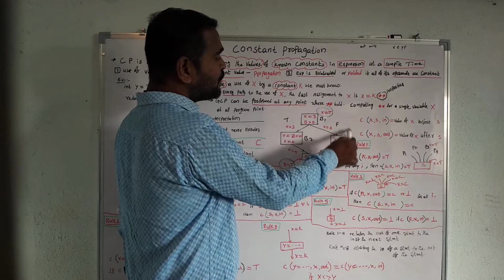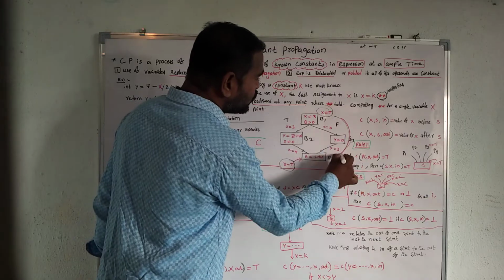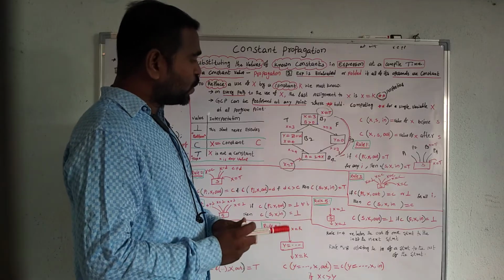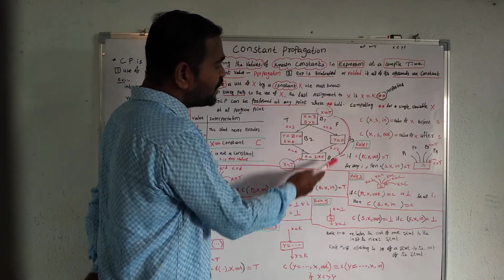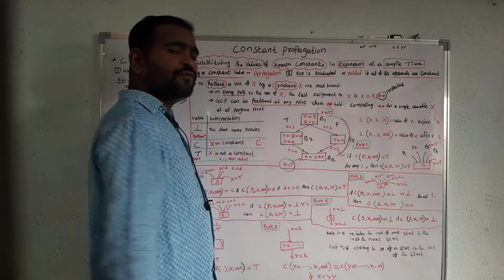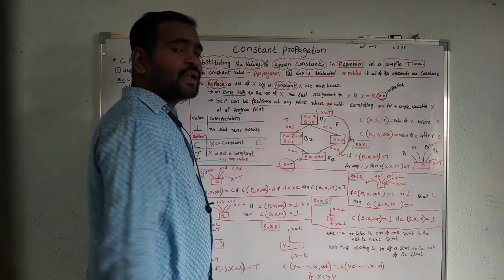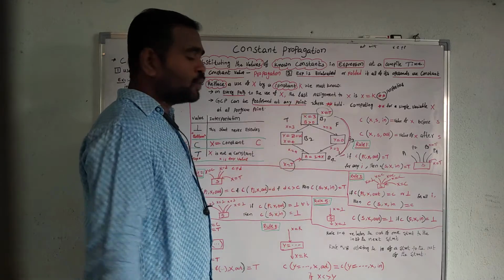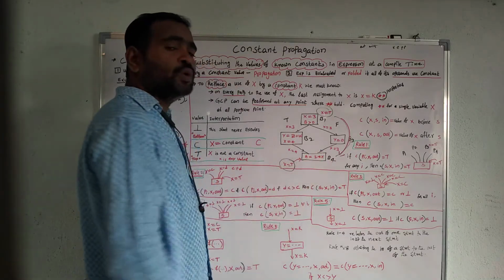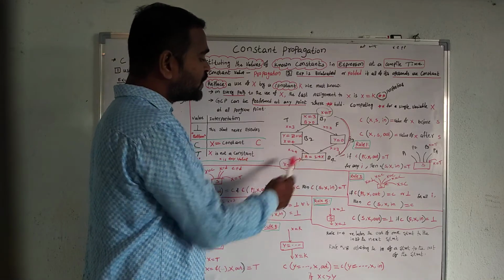And if you consider this other path, what happens? Here at the y location I assign 0, and after assigning this value, the x value 3 reaches block 4. Why? Because in block 3 you didn't change anything about the x value. So the x value reaches block 4. That is why a = 2 into x. The x value is 3, 3 into 2 is 6, so you get the value 6.